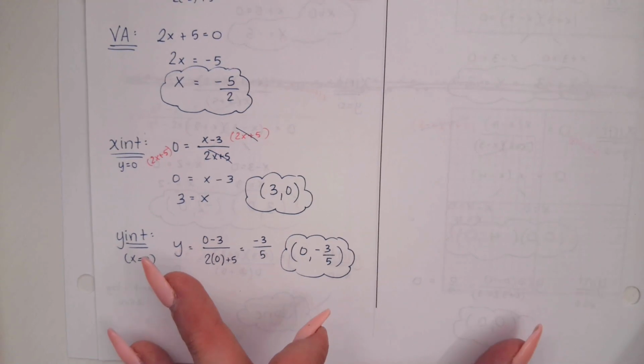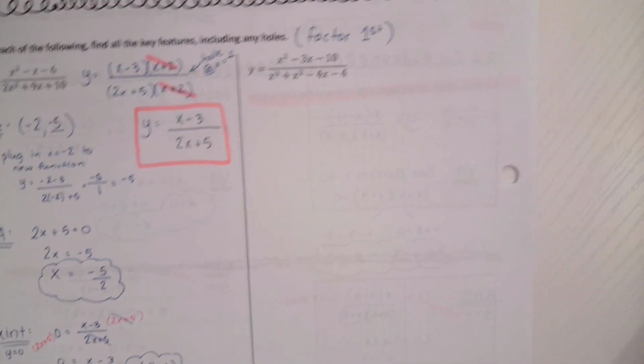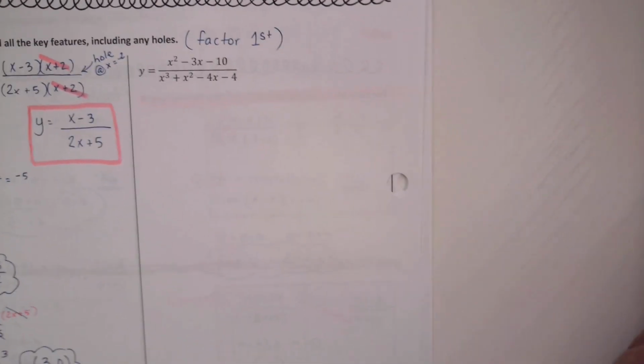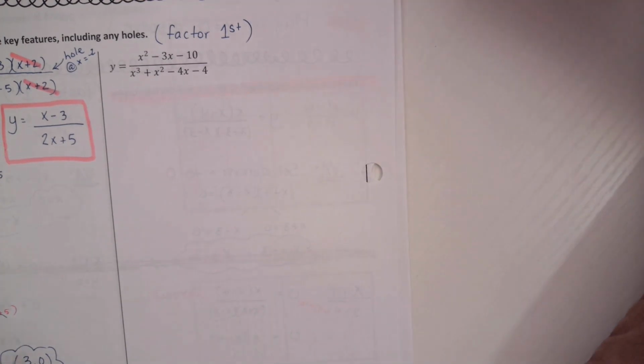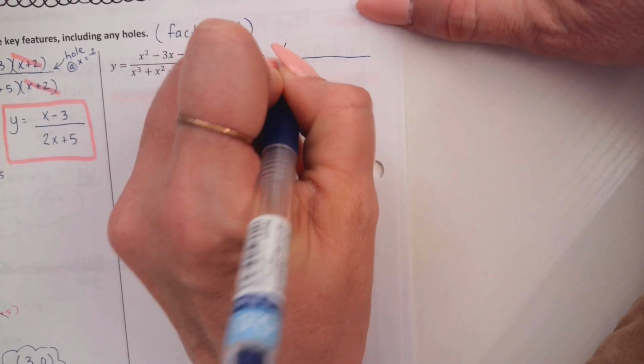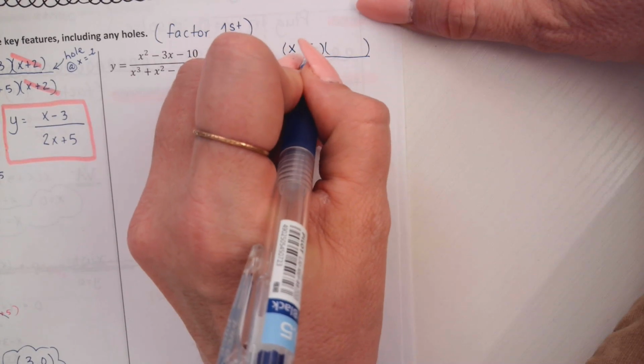Everyone got the first one? What are we going to start by doing on the second one? What are we going to start by doing? Factoring it. Good. The top's pretty easy. That's an easy factor. Goodness, Nick, you're so fast. All right, Nick already told us our two magic numbers are negative 5 and 2, so x minus 5, x